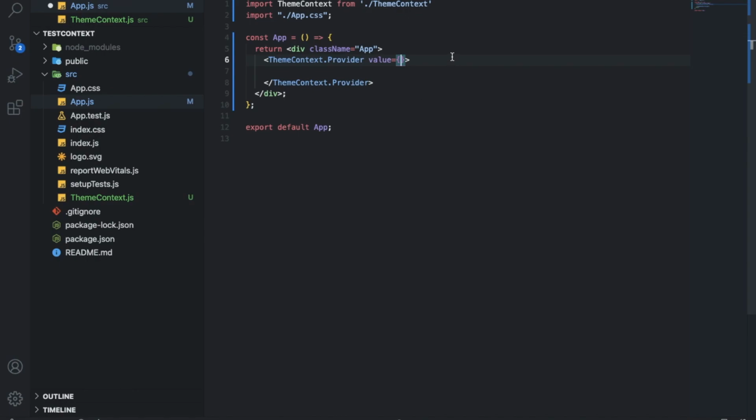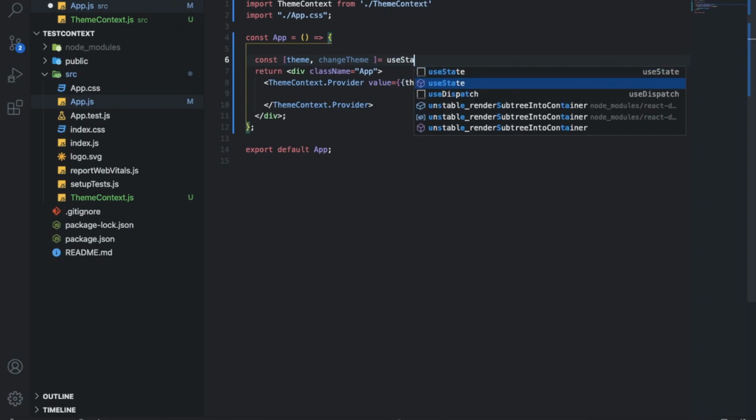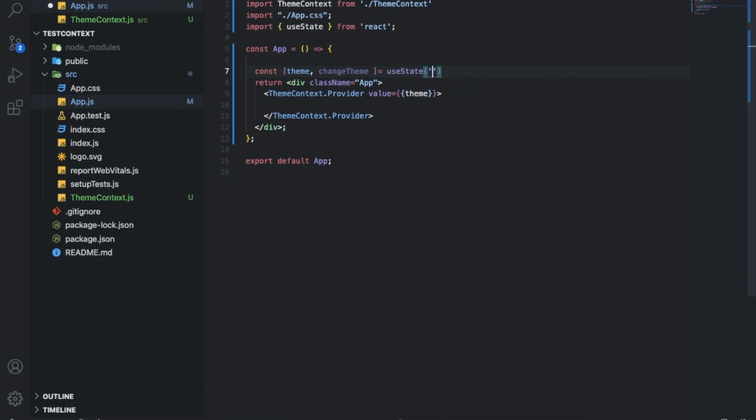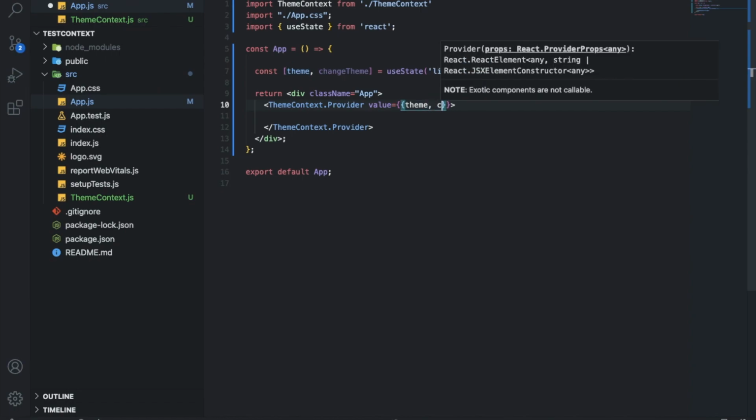So first I will create one local state, that is theme, and for that I have to use state hooks. So write const theme, changeTheme maybe, and write useState, and just don't forget to import it from React. And I'm giving the default state as light, and also I'm creating one function that is updateTheme,